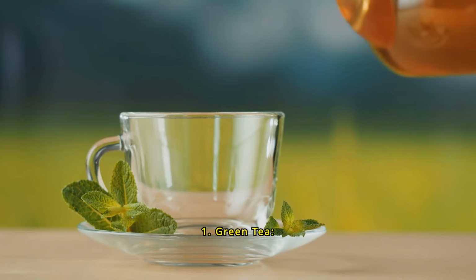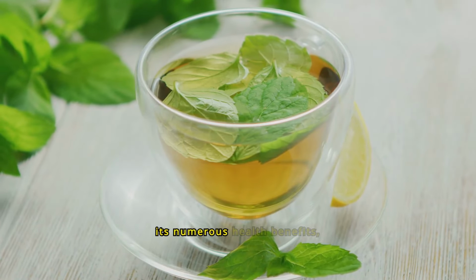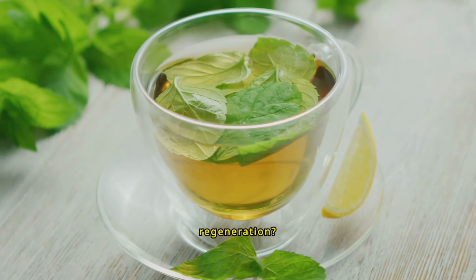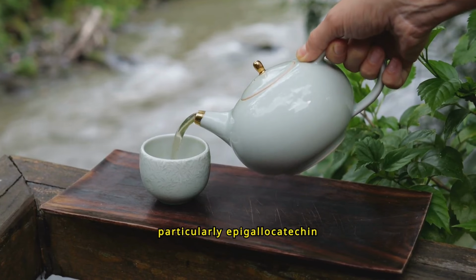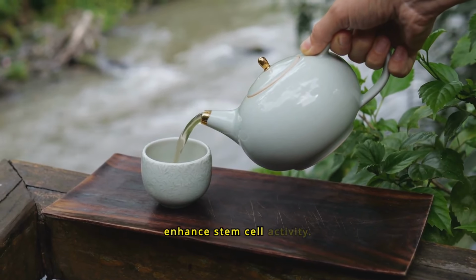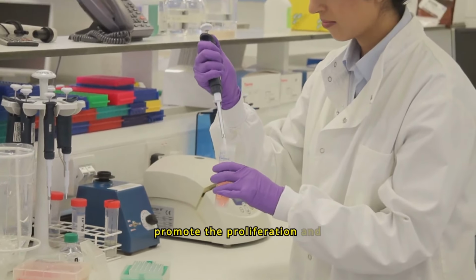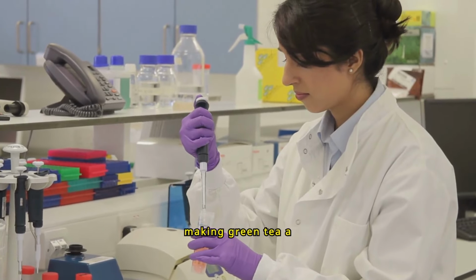1. Green tea, the antioxidant powerhouse. Green tea is well known for its numerous health benefits, but did you know it can also boost stem cell regeneration? Green tea is rich in catechins, particularly epigallocatechin gallate, EGCG, which has been shown to enhance stem cell activity. Studies have demonstrated that EGCG can promote the proliferation and differentiation of stem cells, making green tea a fantastic addition